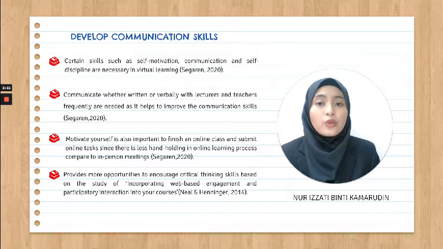When we have good critical thinking skills, it helps us to improve ourselves from time to time, and ensures that we are actively involved in the online learning environment, and also in traditional classroom settings. So virtual learning really helps in developing your communication skills.